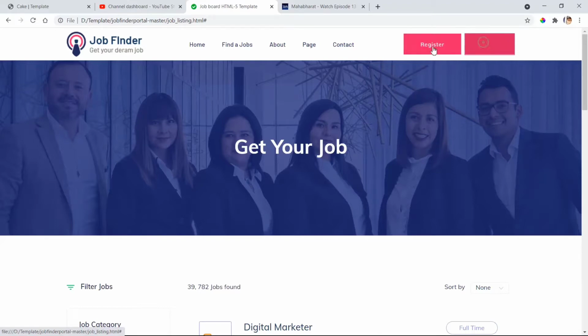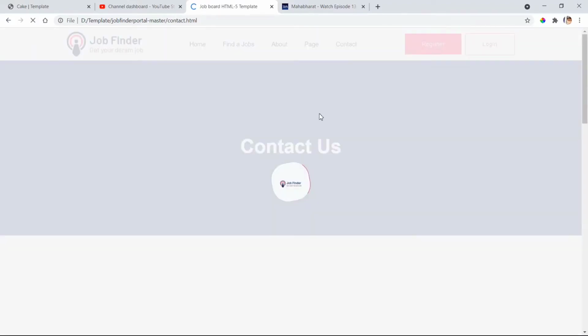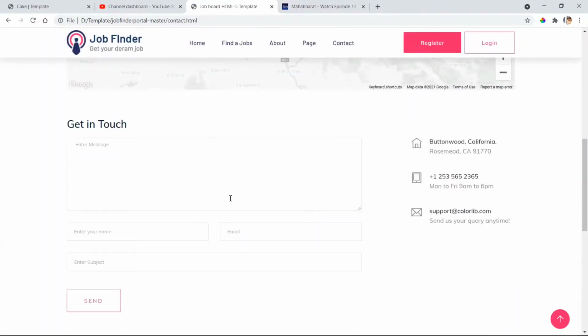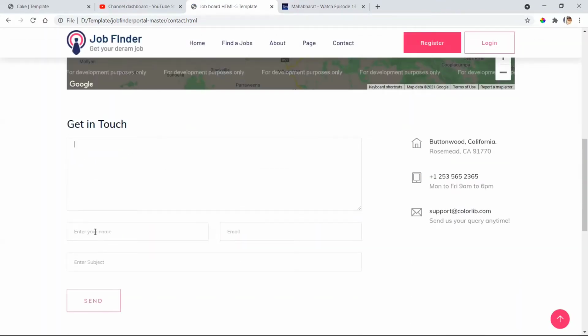So we need to create both pages from scratch. But in contact, we have seen there is one small form for contacting, so we are going to use that part and create a form for our register also.